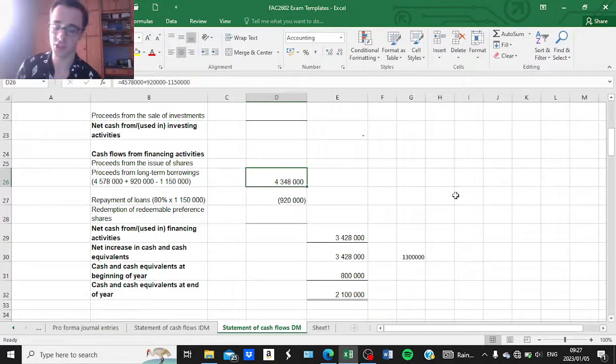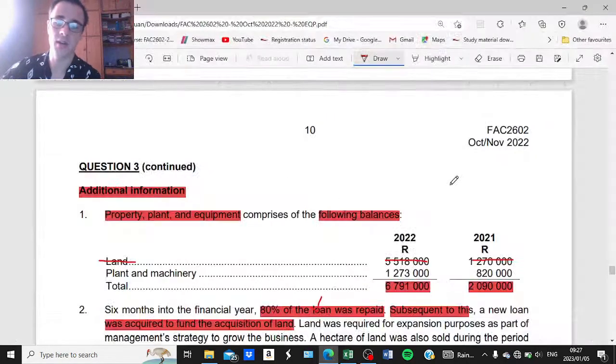And just for confirmation, let us start with the opening balance, 1,150,000. We will then subtract the repayment of 920,000, and then we will add this amount right here because it represents an additional loan of 4,348,000,